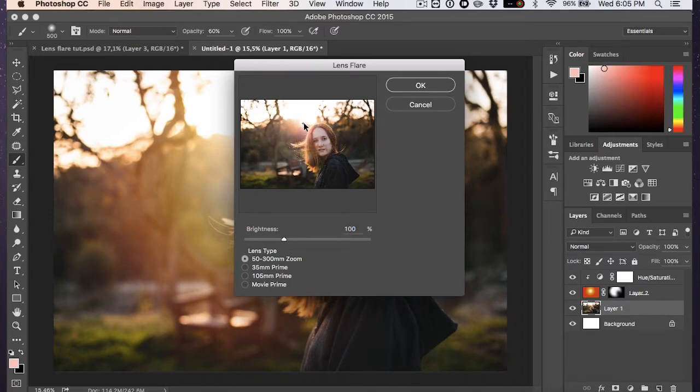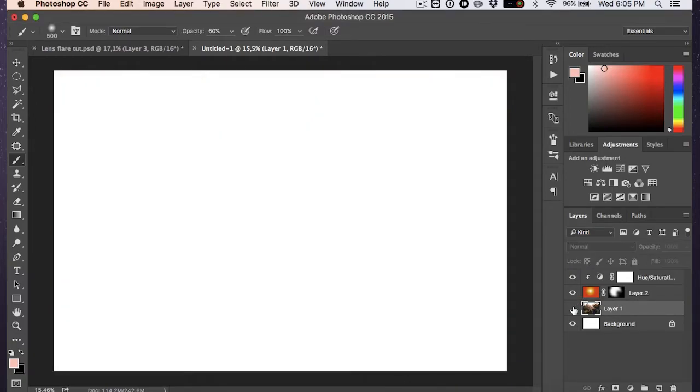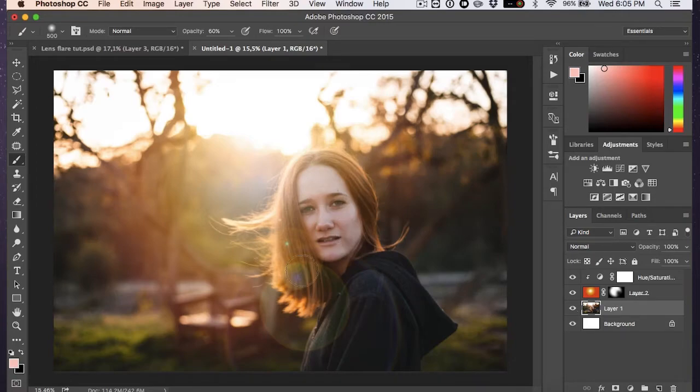So if I put the lens flare about there where the sun is coming from, just drop brightness a bit and say OK, it's now applied it to the image and I can't do anything with it. It's basically rendered onto the image, so it's stuck there. It has to stay this way. So a way that we can work around that is if we go